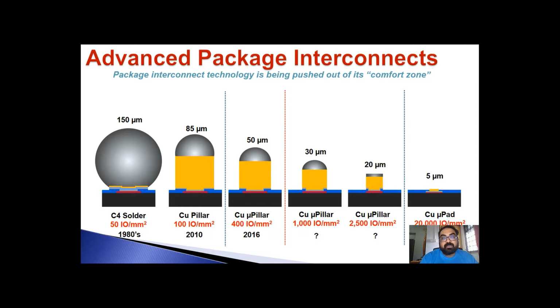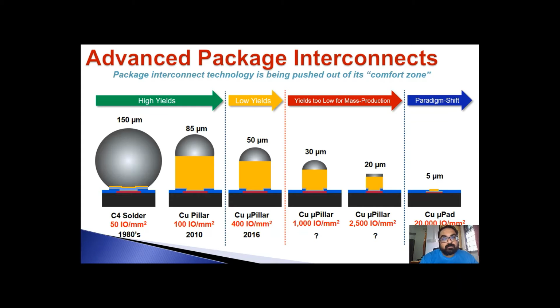So there is a big improvement in terms of pushing the size as small as possible and adding more and more information in a given area. However, it also comes with certain drawbacks. We have gone from very high yields to now in future even yields that might be too low for mass production. What this will involve is basically manually checking the quality of these interconnects,